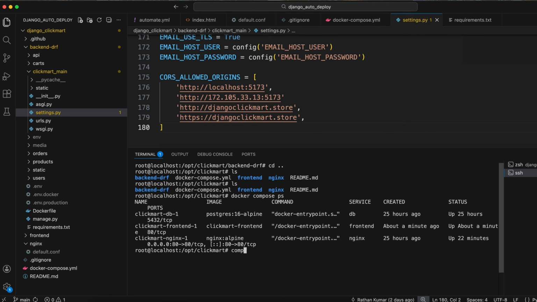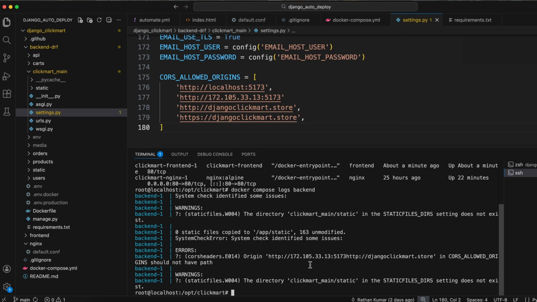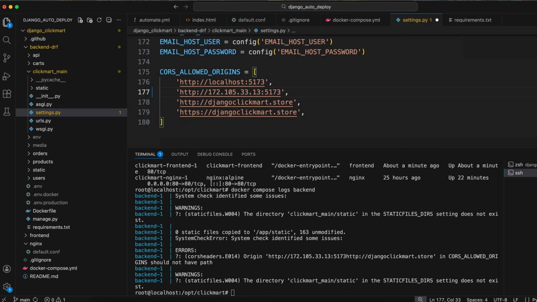Let me run docker compose logs backend. Okay, static things are creating some issues here. CORS header origin this. All right, we missed this comma. We missed this comma, right? So that's the reason. Something bad happened, and our container just stopped. So you see, if you miss such silly things,